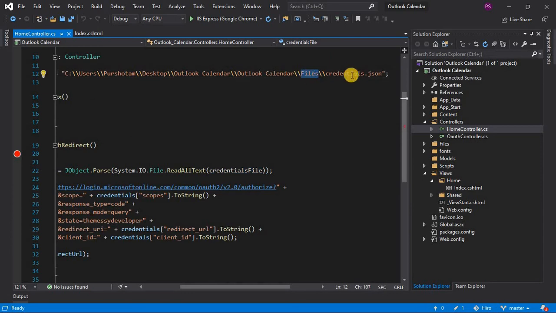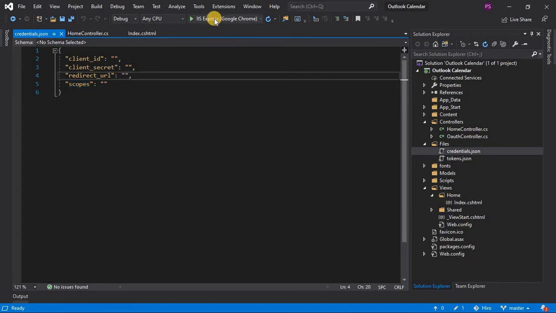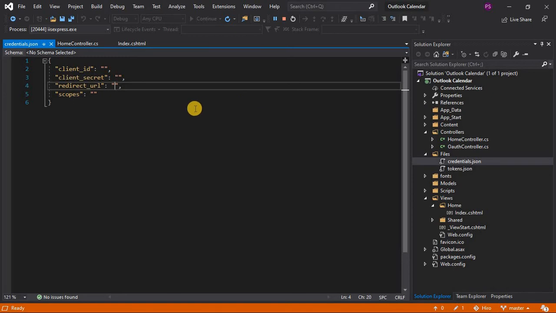Inside the files we have credentials.json. So here we have the client ID, the client secret, redirect URL, and the scopes. So for now I haven't added all these values, so let's add the values first. So let's check the port number of our application first. So 44340 is our port number. So we will copy this and we can add it here